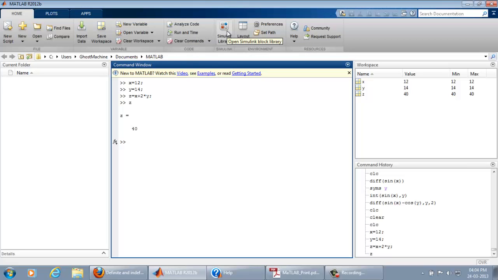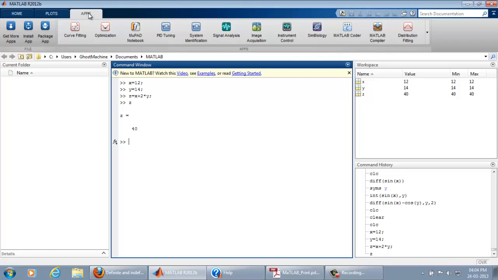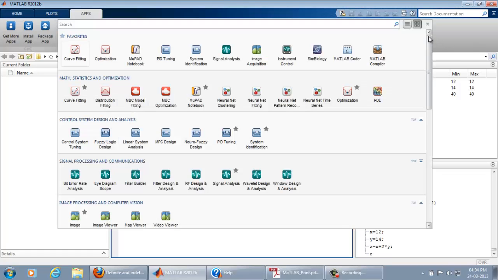And the Simulink block library, which is used for electronics calculation purposes like signal handling. And this is the main magic of MATLAB, the installed apps inside MATLAB. These are what industry people use, like curve fitting, optimization, sim